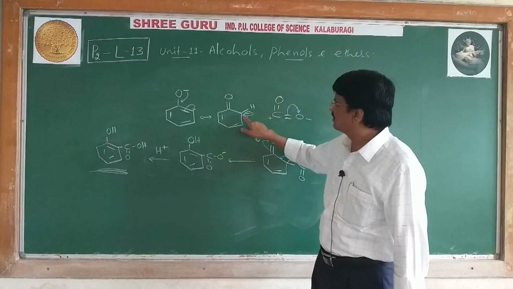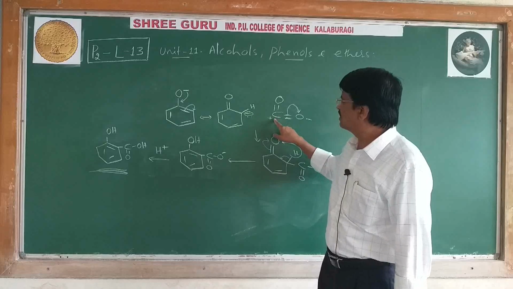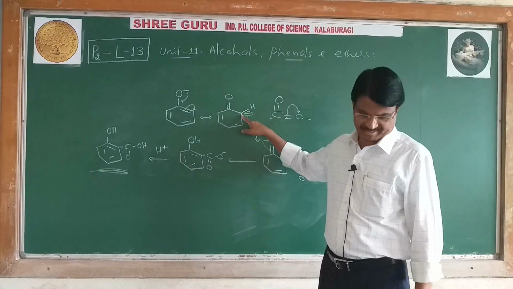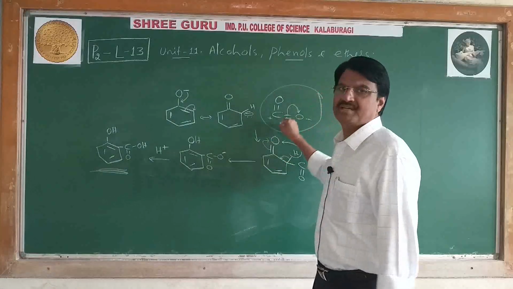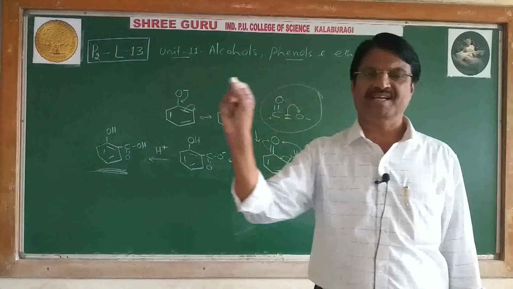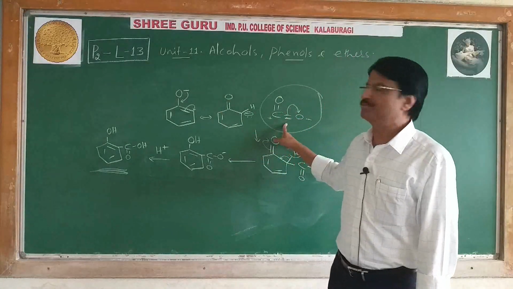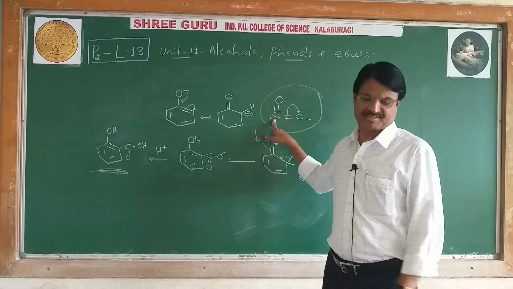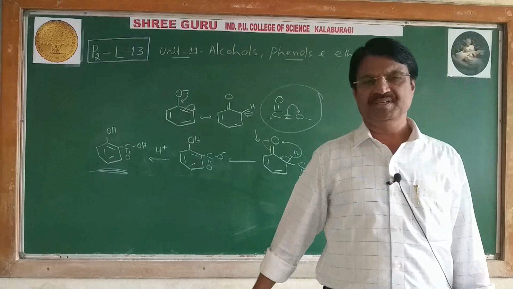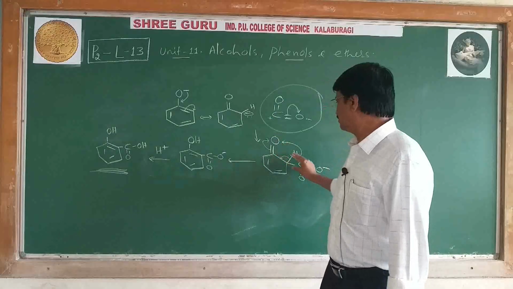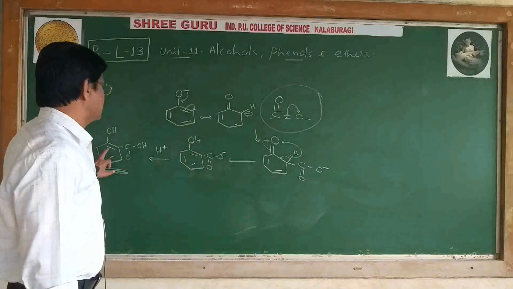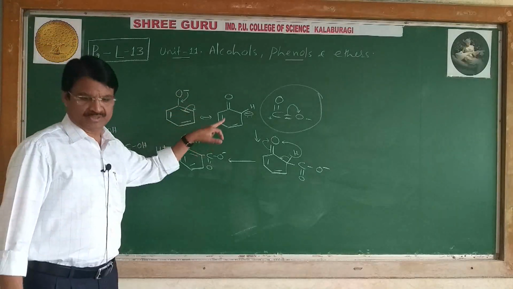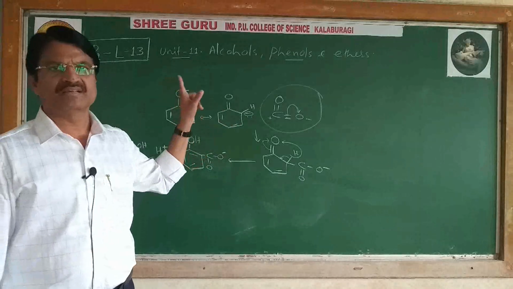So in this mechanism, I told you the C plus of CO2 attacks the benzene ring. Now, the positive charge moves towards the carbon atom of the benzene ring. Therefore, it is said to be an electrophilic attack. Hence, CO2 is a weak electrophile in Kolbe's reaction. It is a weak electrophile, not a strong electrophile, because by polarization we are getting a C plus. And when it attacks the ortho position, we get the carboxylate ion. Further rearrangement and acidification gives salicylic acid. This is salicylic acid. From this it proves that CO2 acts as a weak electrophile in Kolbe's method.